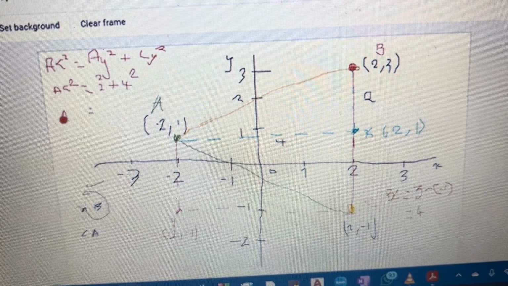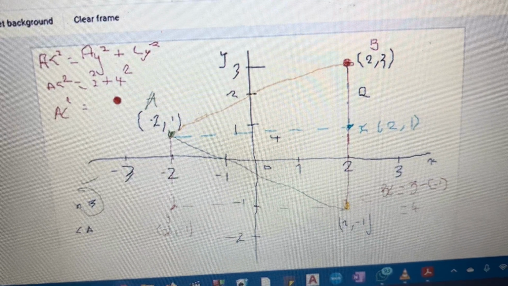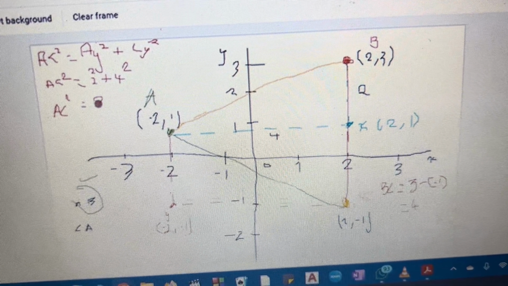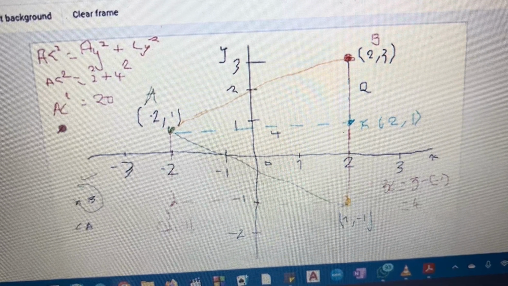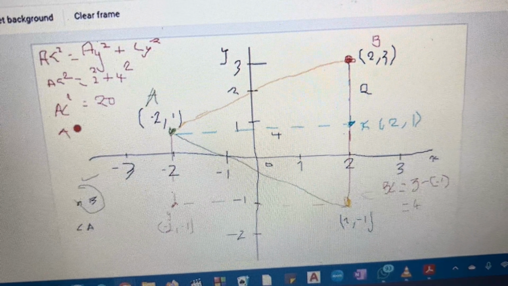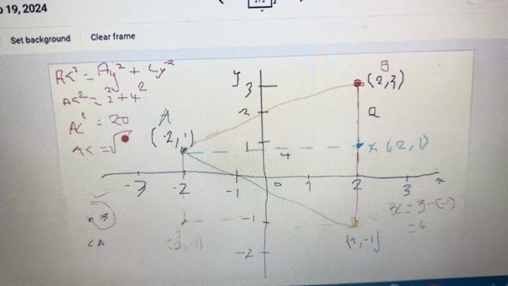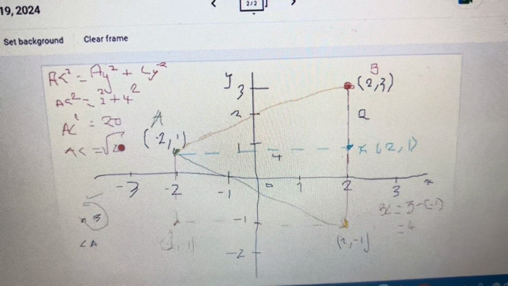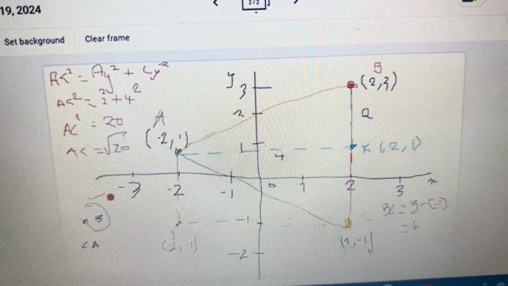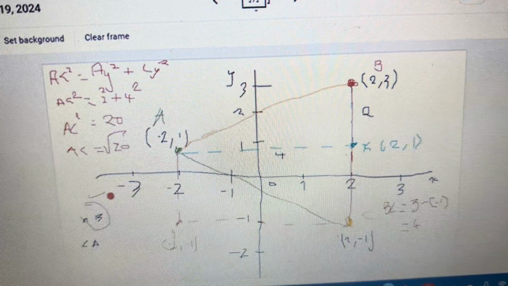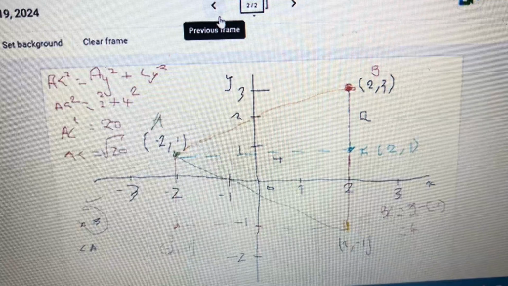So AC squared is equal to 20. And then our AC is equal to the square root of 20. So that's how you get distances between 2 points or 2 positions in space. So just to recap, if you're finding the distance between 2 positions,